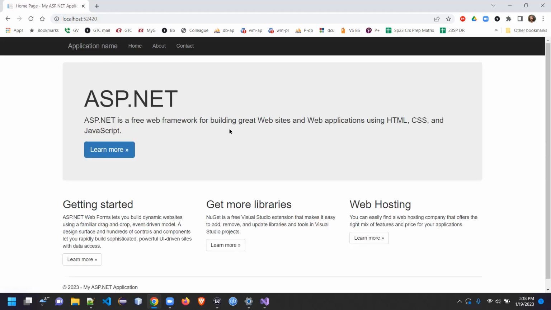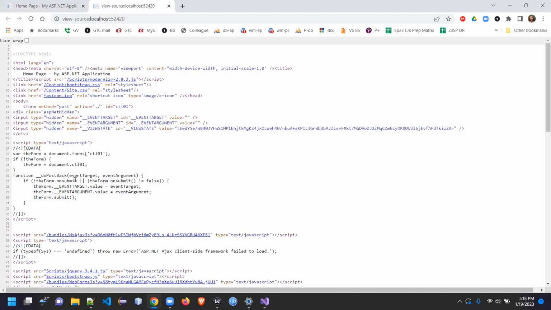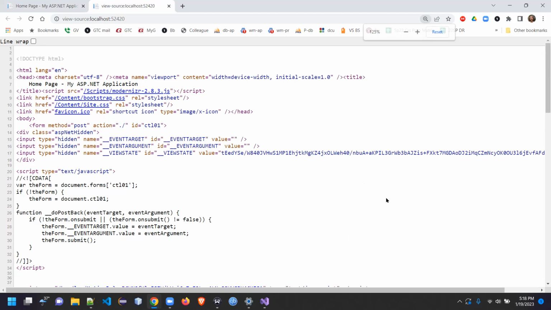The other thing that I have people do with that very first exercise is, once you get in here, and you should be in this habit as a web developer, frankly. You're on a website, you want to see how it clicks. Let's right click and view source and take a look at the code on the back end that's creating this, right? So I'm going to zoom in just a little bit. So you will see